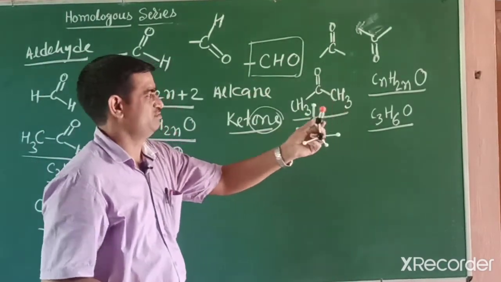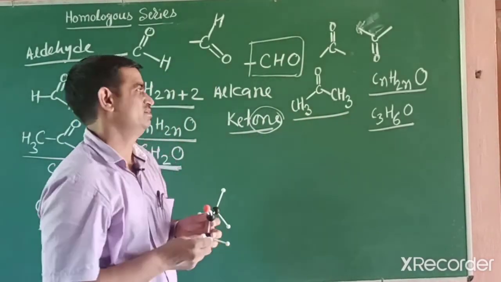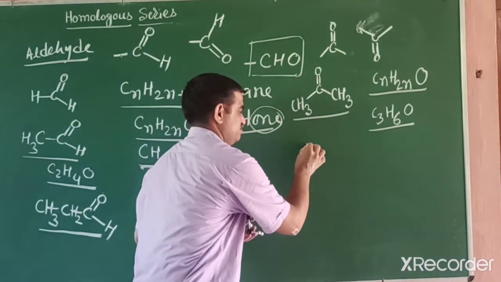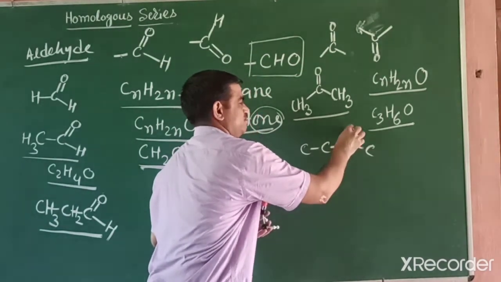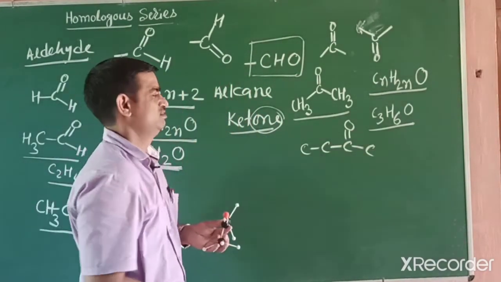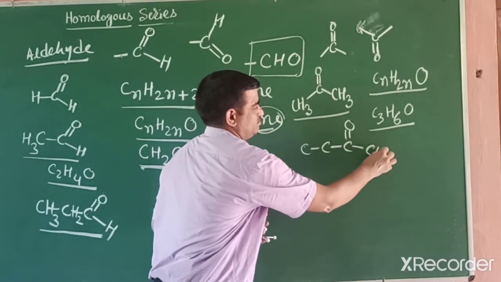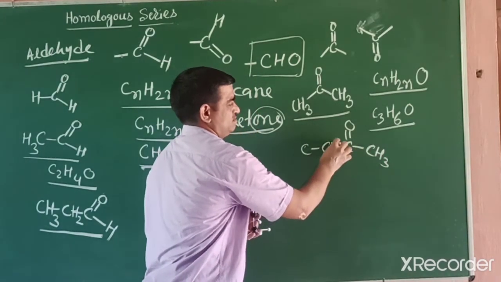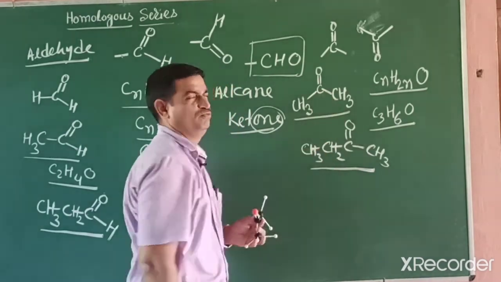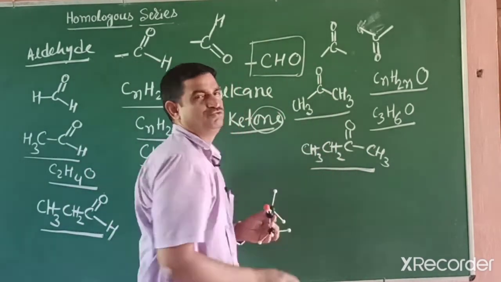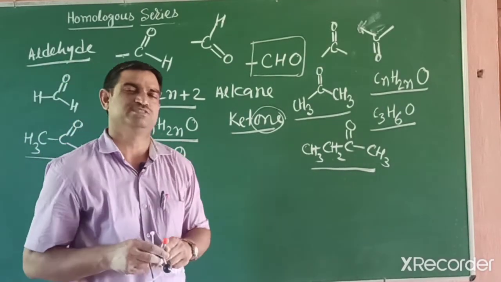So for the next member you have to write 1 more carbon, then further carbon. So in this way, students, you can make more compounds, 4 carbon, and on any 1 carbon you write double bond. Then this one is the next homologous. Next homologous, complete its valency, CH2, then CH3. So what is the difference in these two formulas? Only a difference of CH2. So in a homologous series, preceding and succeeding member differ by CH2.